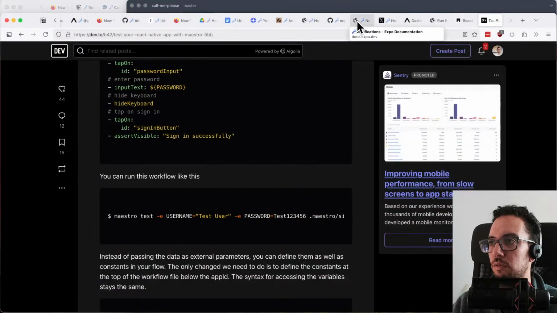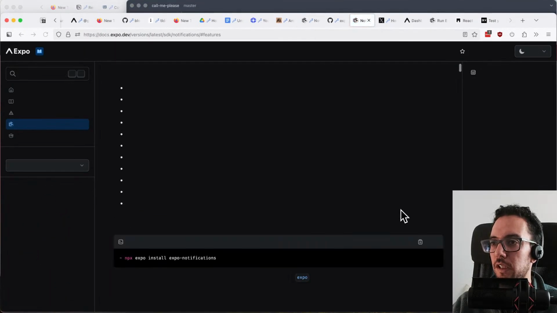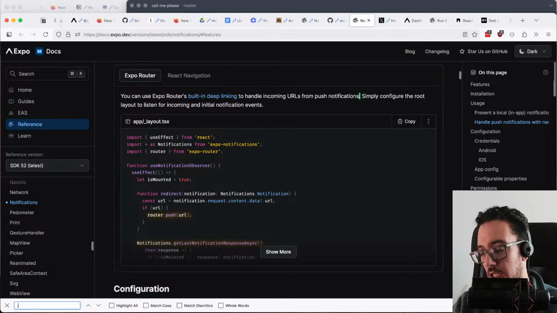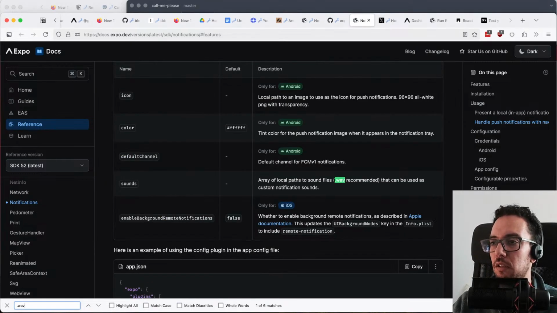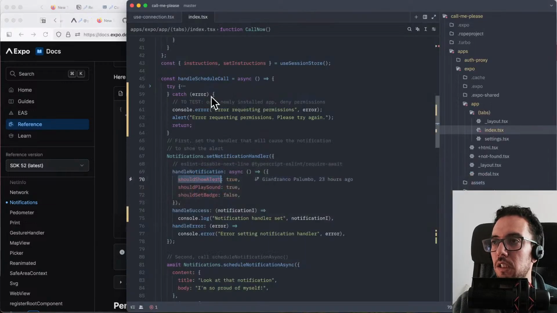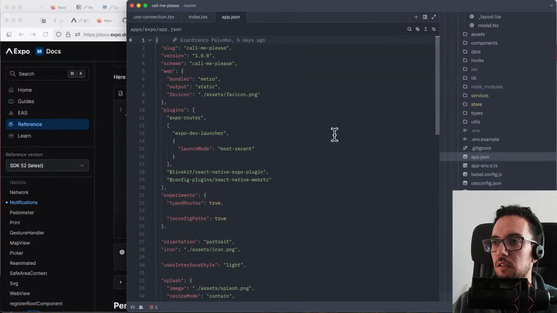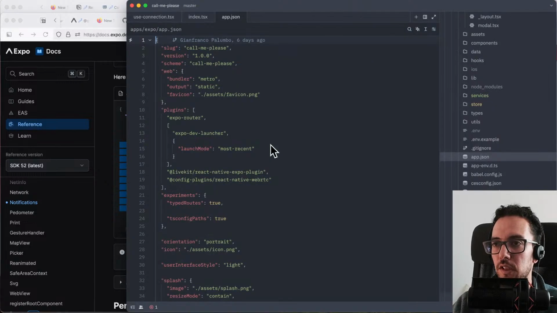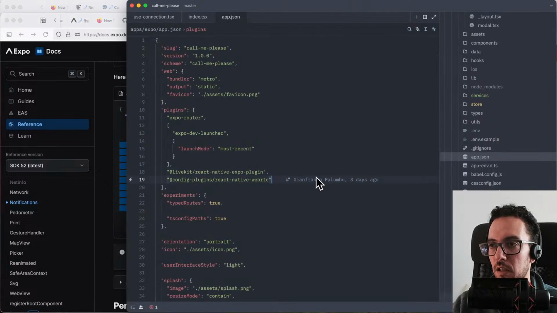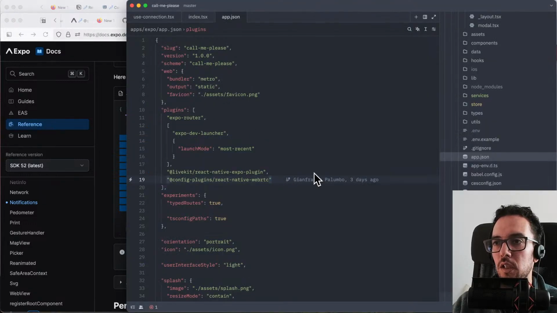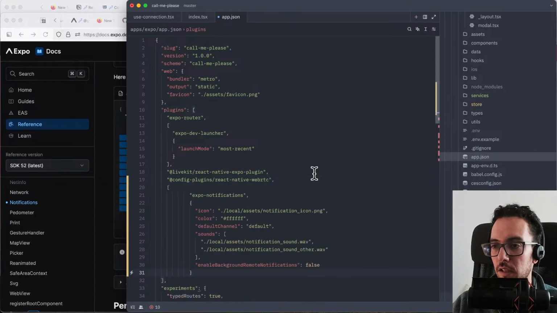Yesterday we were looking at how to do that in the Expo notifications documentation, and there's a WAV file now you can specify in your app.json. So let's try to do that and make it work. So you have to configure the Expo notifications plugin. It's an array of plugins, and one of them is Expo notification,